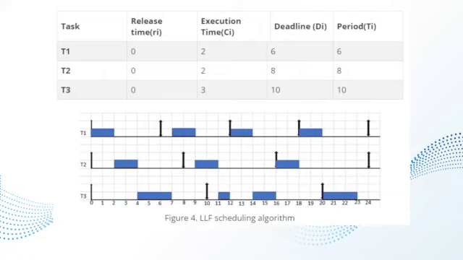Where time is equal to 11 and only T3 is in the system, so it starts the execution, and vice versa. You follow the logic. From now on, we have 2 more steps, but I'm not going to go over them because it's getting boring, to be honest with you, probably for you.